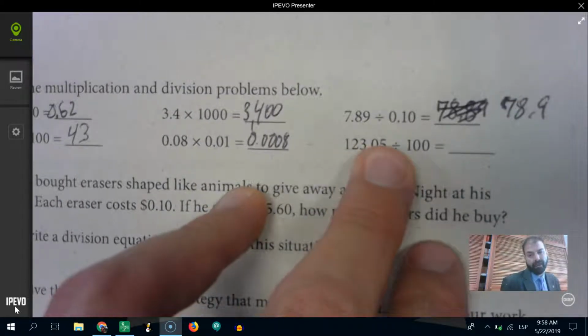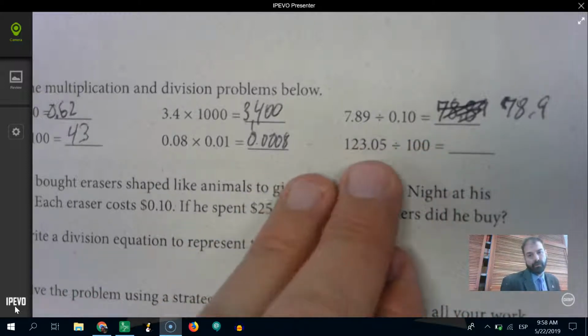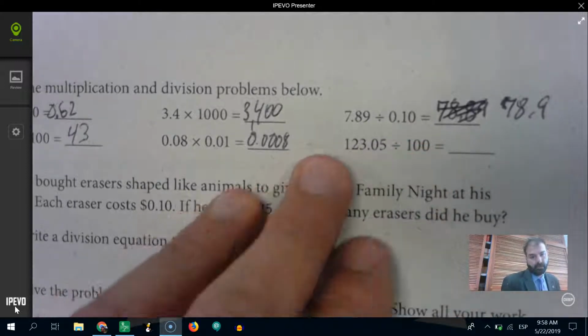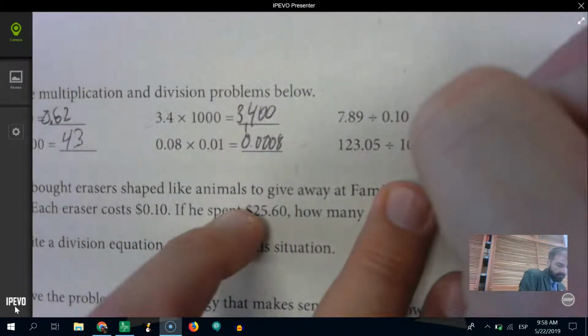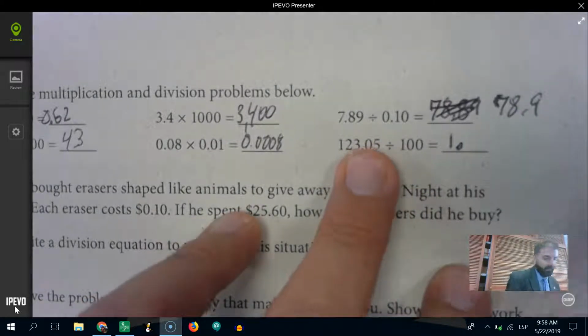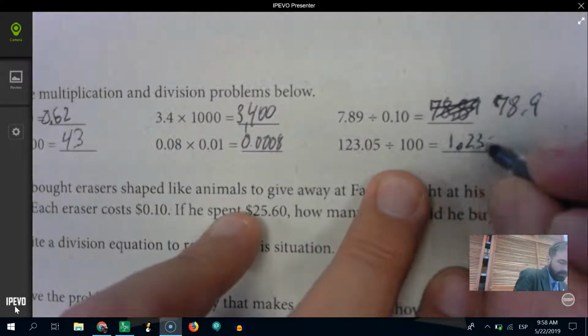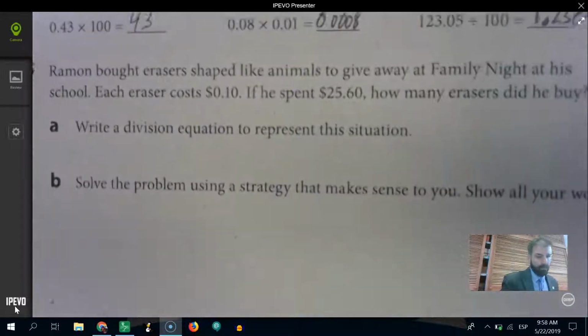123 and 5 hundredths divided by 100. All of my numbers are going to shift to the right two times. So my 1 is going to go from the hundreds to the ones. So I have a 1 with a decimal point, and all these digits still exist, so I can't just get rid of the 5. So I have 1.2305. And then we end with,